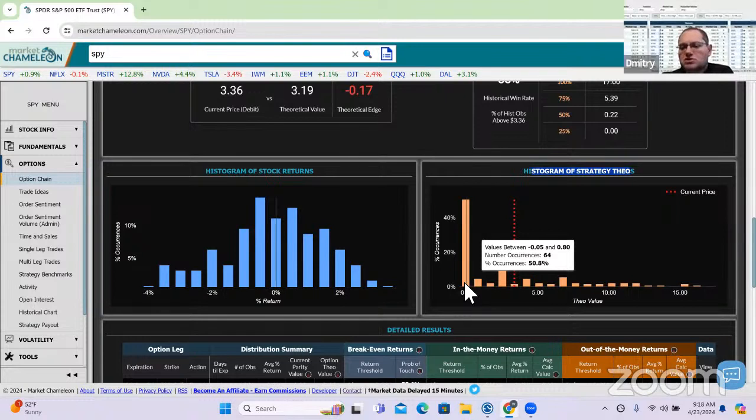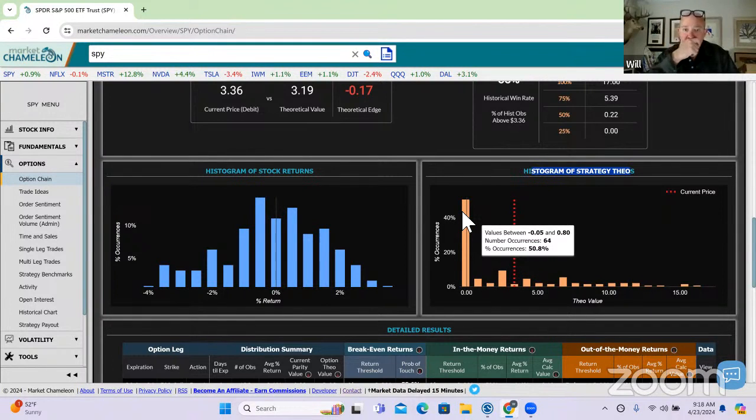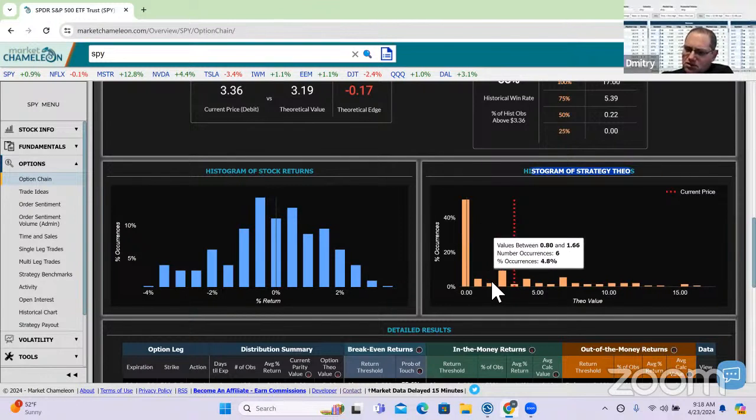Or I'm sorry, this is between negative and 80 cents. Sorry, so this isn't exactly, these are ranges. Okay, so these are ranges. So this is below 80 cents, 0 to 80 cents. So a big portion of them is right there. And you could see here, 9.5% were between 251, 337. So if you hover over it, you kind of get this distribution of different values. And if we plot right there where the market is, you could see to the left of it